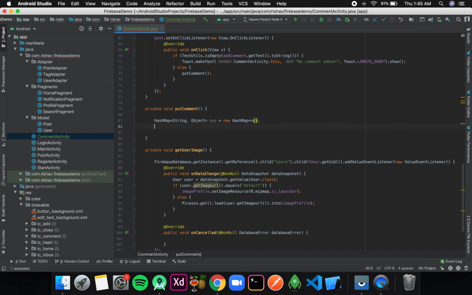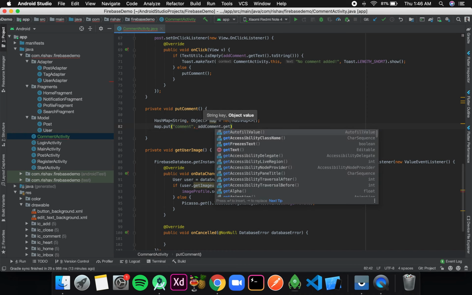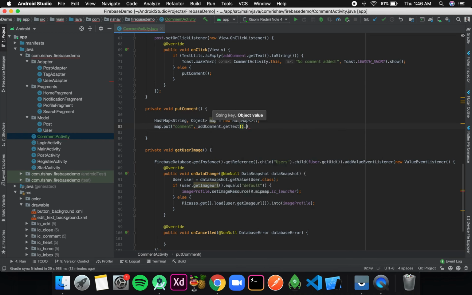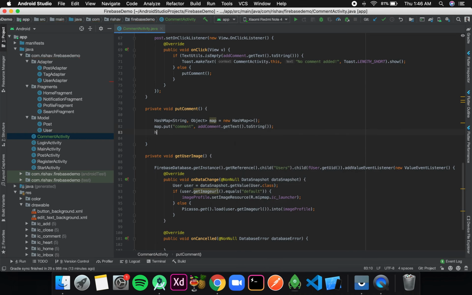Okay, then I'll put some values, that is map.put. Okay, and the comment is addComment.getText().toString(). Okay, then after that we also have another value to put, map.put, and it is publisher.